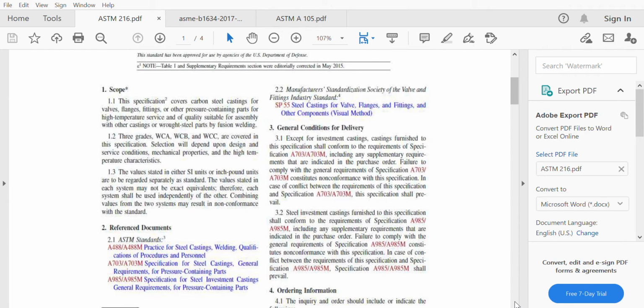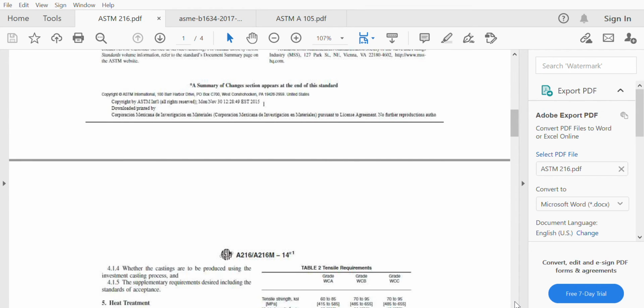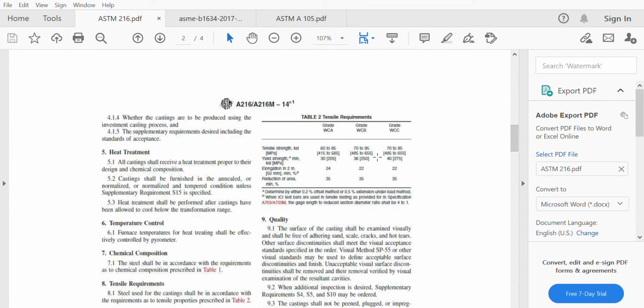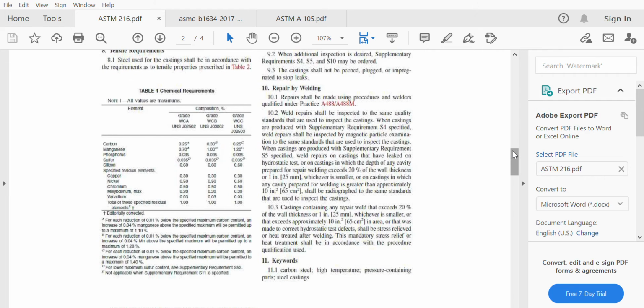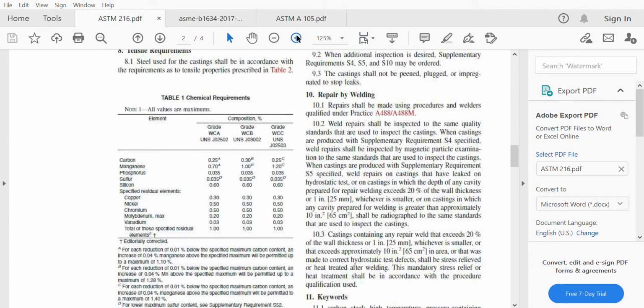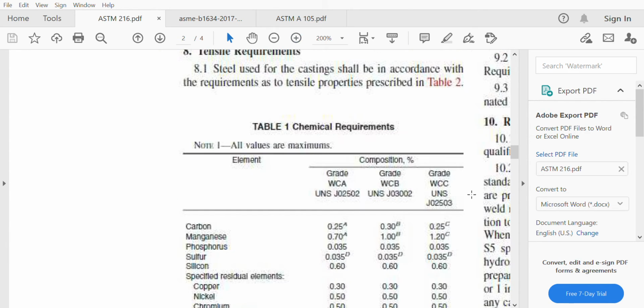As a valve design engineer, we do not need to go deeper into the manufacturing process. What we need to know is the chemical composition of this particular material. As you can see, this is the table that we need to know. Yes, as we zoom in further,